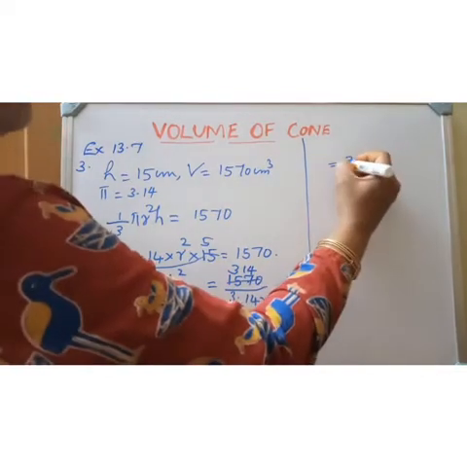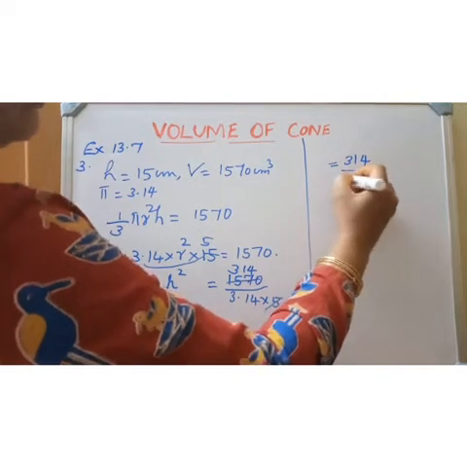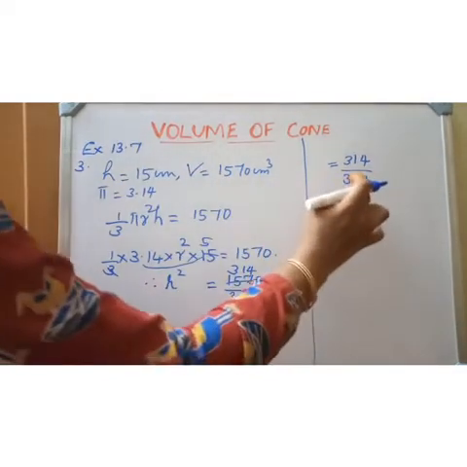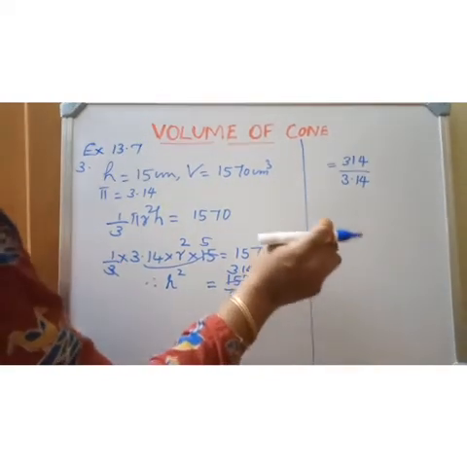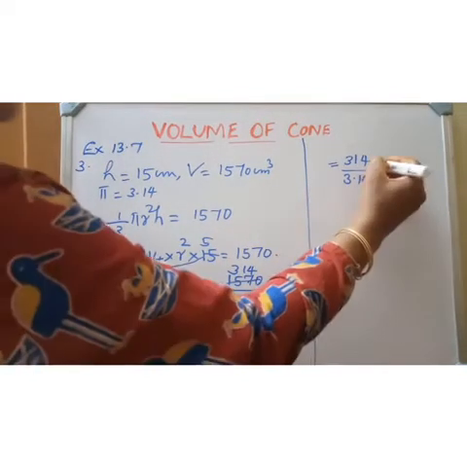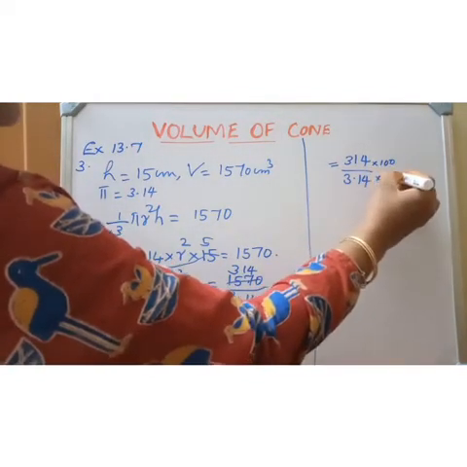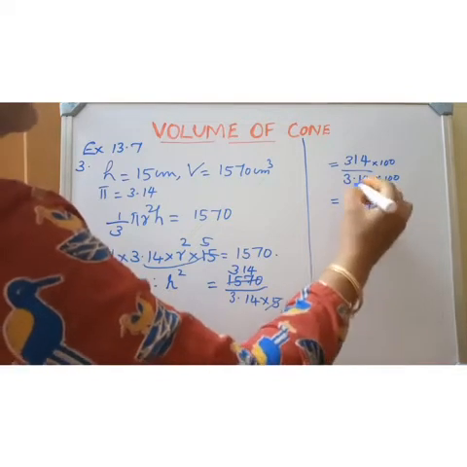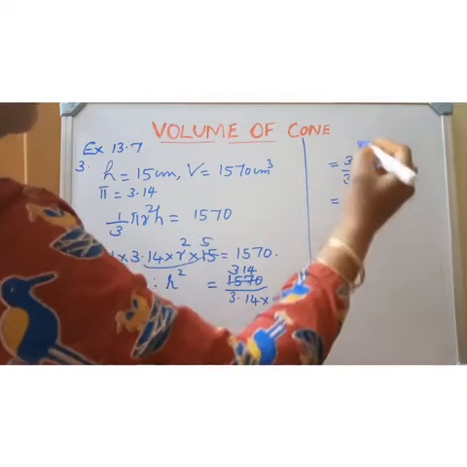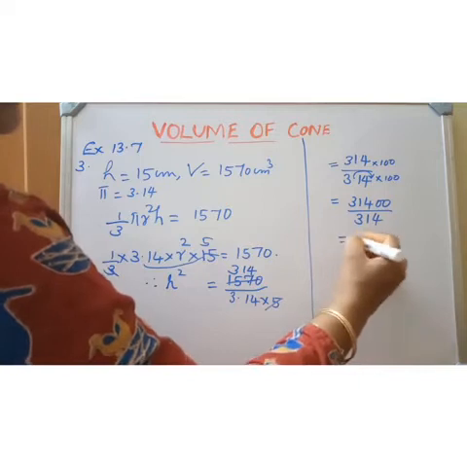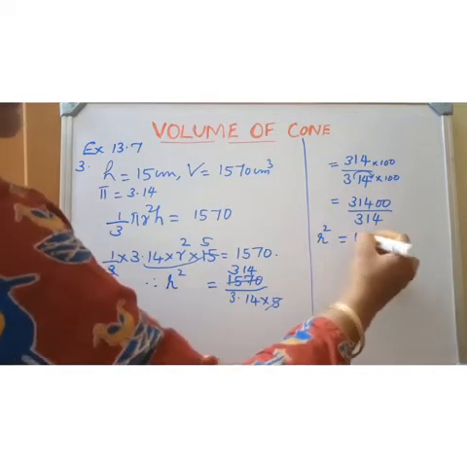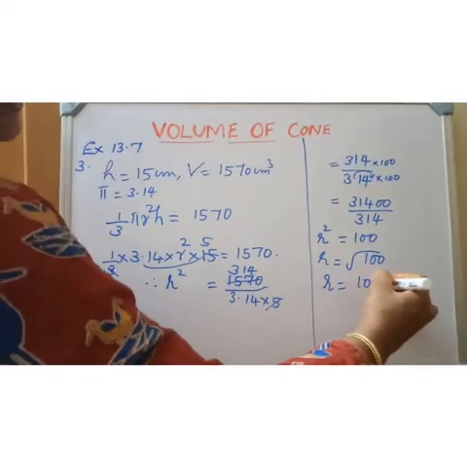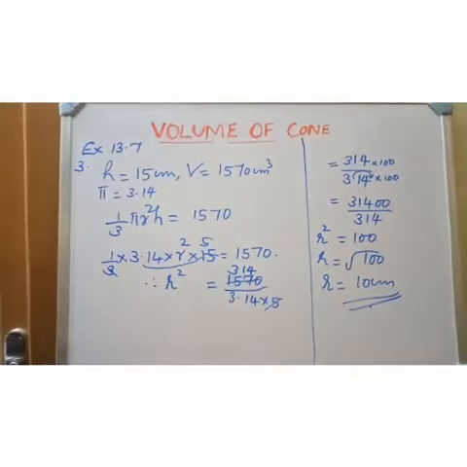Okay. So, 314 divided by 3.14. The denominator is in decimal. So, for removing the decimal, after decimal, how many digits are here? 2. So, we must multiply numerator and denominator by 100. With the pencil, you must write this 100. Okay. So, we will get 31400 divided by 314 into 100. The decimal will come 2 place right. Isn't it? So, r square we will get as 100. So, r equal to square root of 100. What is square root of 100? 10. So, the radius of the base is 10 centimeter.